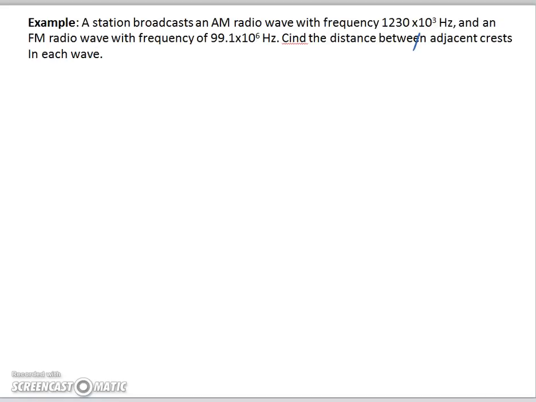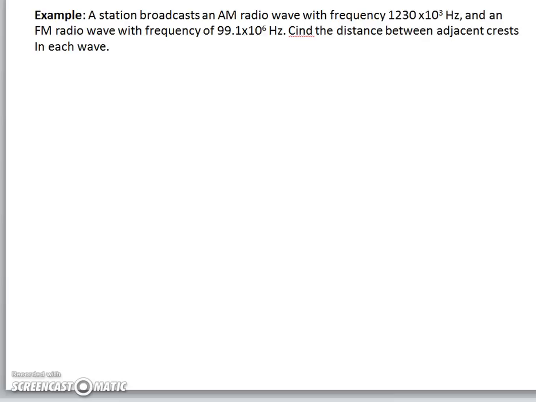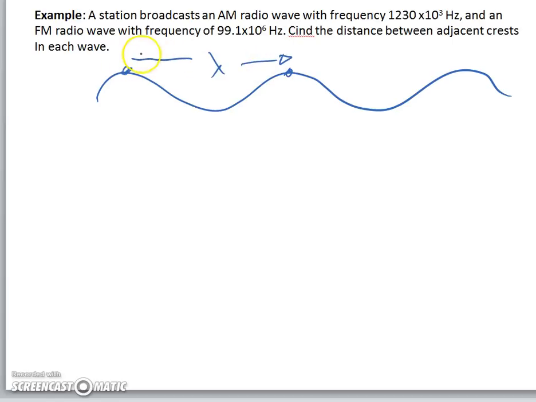Okay, so we're to consider a station broadcasting an AM radio wave and an FM radio wave. And in each case we need to find, not send, find the distance between adjacent crests in each wave. So, drawing a simplistic wave, the distance between two adjacent crests is, by definition, the wavelength. So in each case we're being asked to find the wavelength, and in each case we have to look at